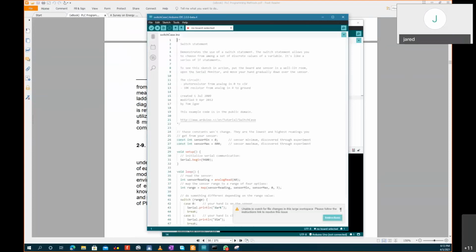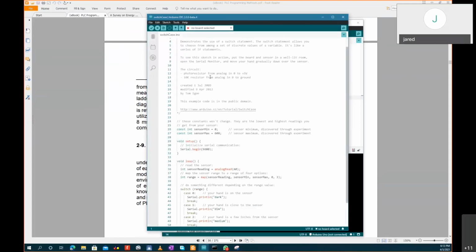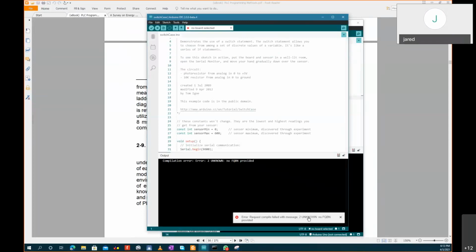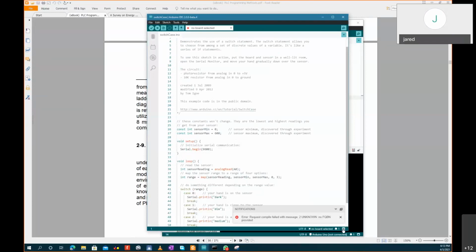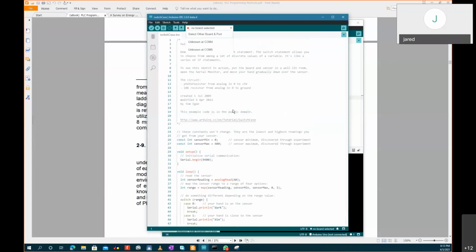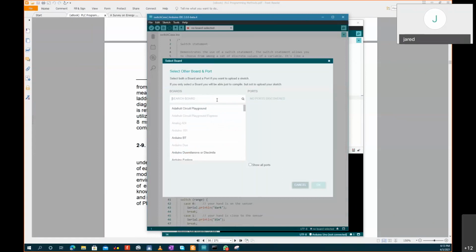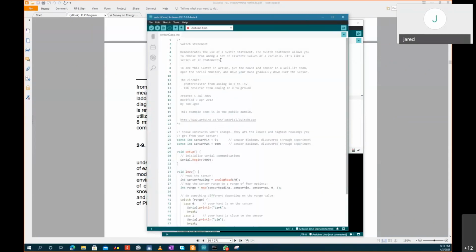So you can be able to compile. Yeah, so I just wanted to show you how you can be able to check. Let me get the board. Uno. Okay. So I just compile. You can see,